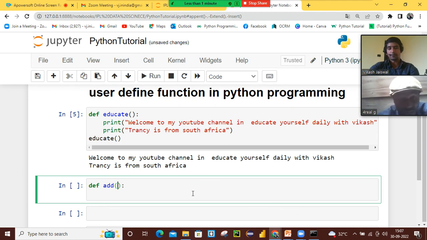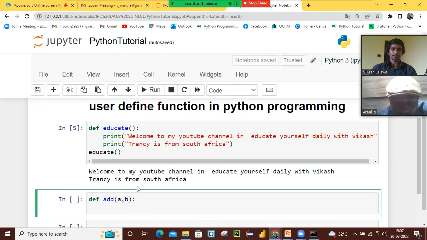So I will pass here a comma b. This is two parameters, where values will be assigned in these two parameters, and then we will add them. We are going to add them and print. So when a statement